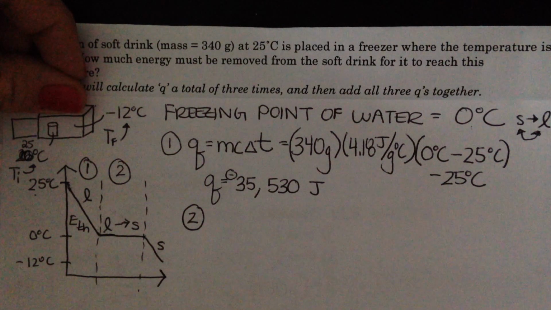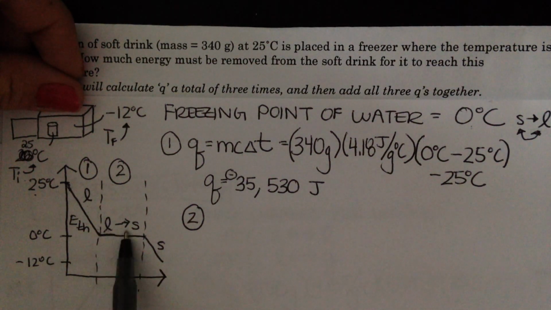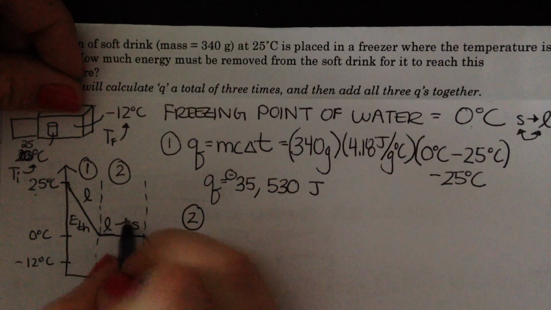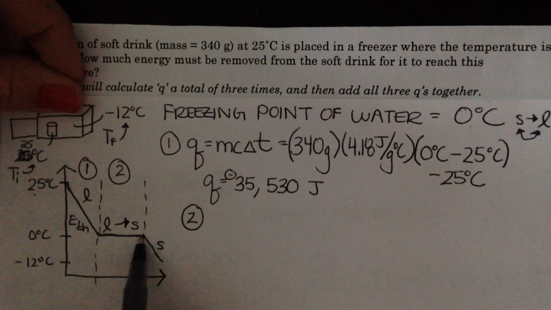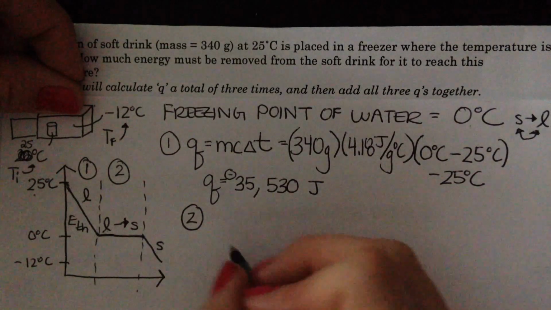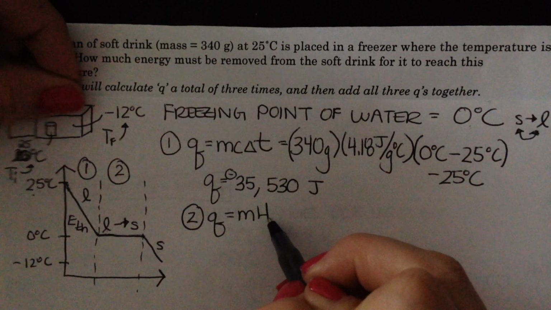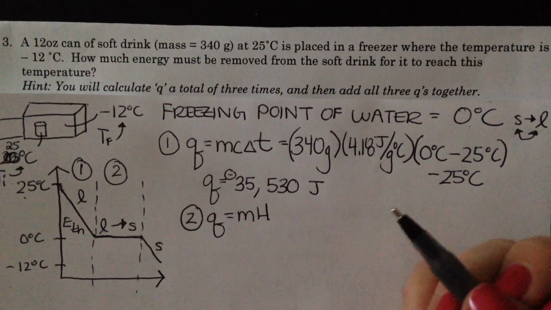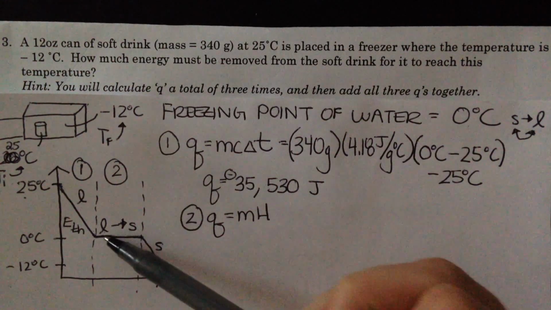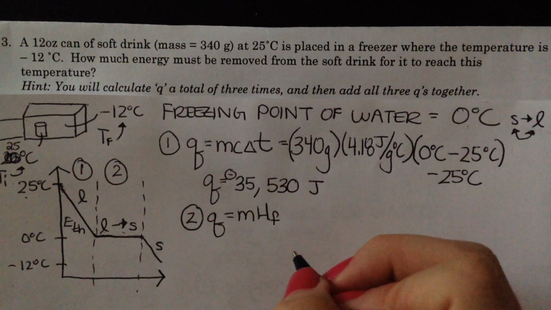So let's figure out how much energy is going to be released when our liquid pop turns into a solid. Now during a phase change, our temperature is going to remain the same. So we're not going to use Q equals MC delta T. We're going to use Q equals MH, where H is either the heat of fusion or the heat of vaporization. In this case, since we're going from a liquid to a solid, we're going to use the heat of fusion